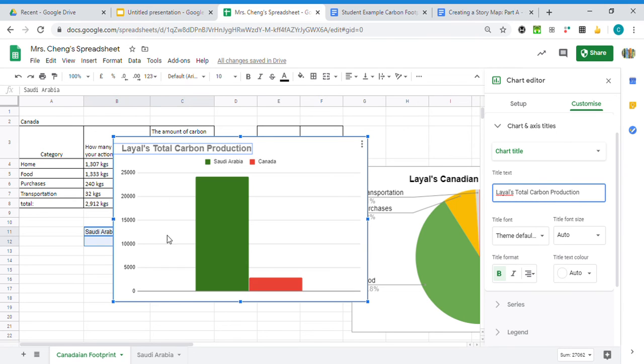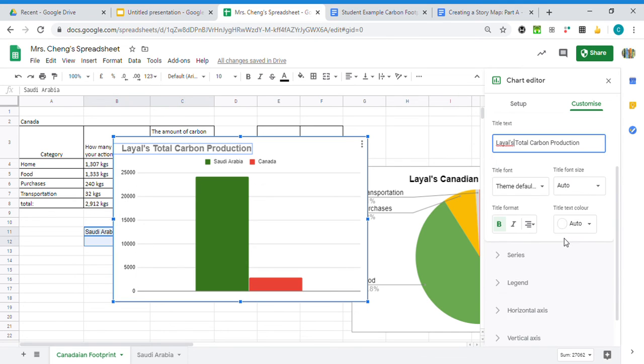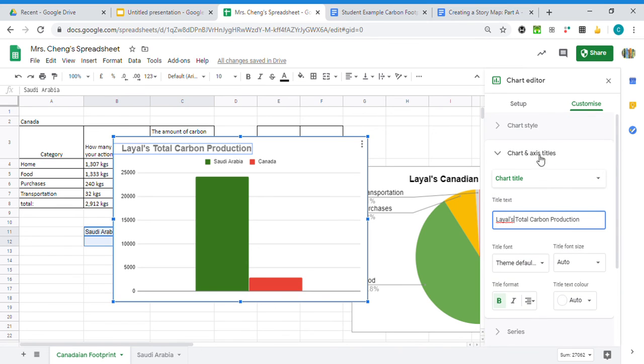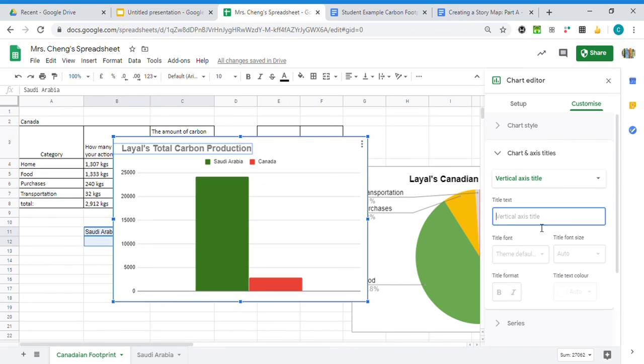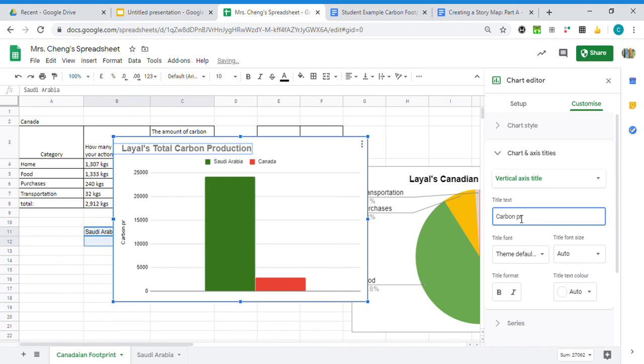So this would be good, and then of course I do need to make sure that I have a value that tells me what these numbers represent. So we need to label this y-axis. So in order to do that, it's really simple. We're still going to stay under the titles. We're just going to change it from the chart title to the vertical axis, which is the one that goes up and down. We're going to say carbon production